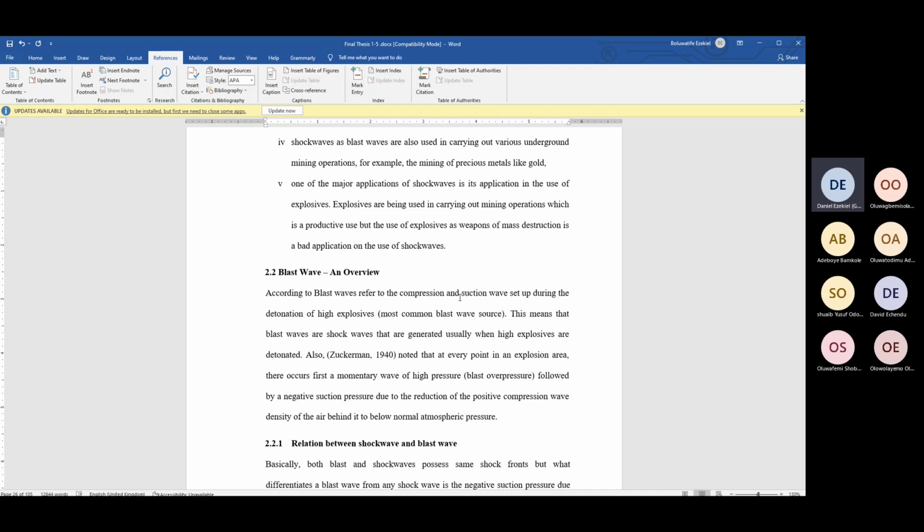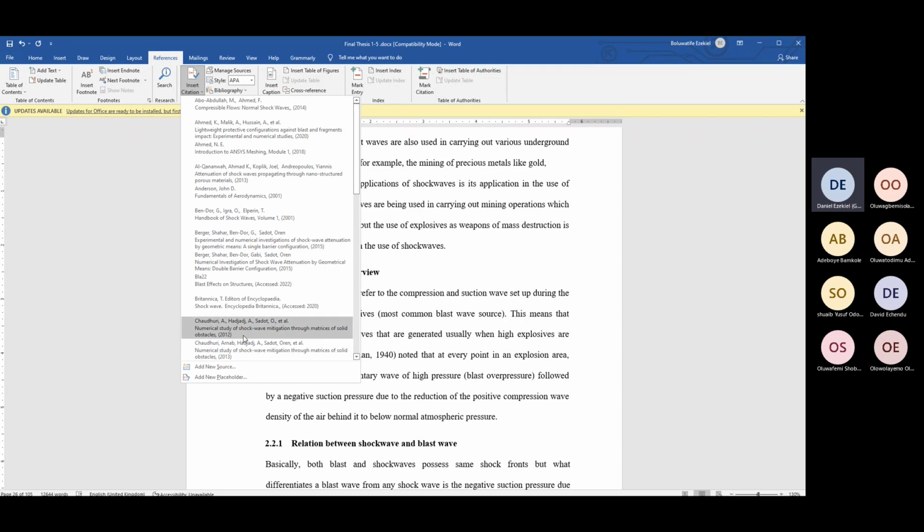So I have to reference it because it's not mine, and of plagiarism errors, because if this work is to be published and they run the plagiarism checker against different documents, it is not going to be accepted, and it is a crime to use intellectual property without giving credit to where credit is due. So to reference this, if you are just creating a new reference, if you click on this insert citation button,